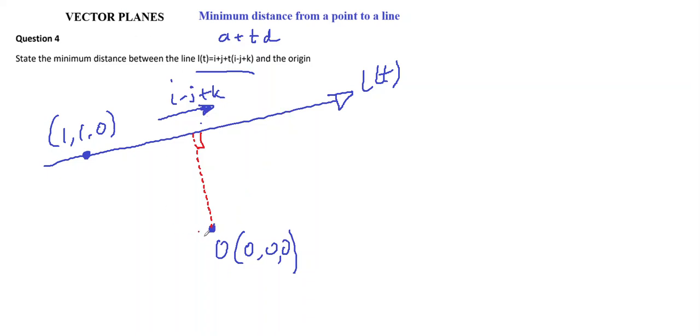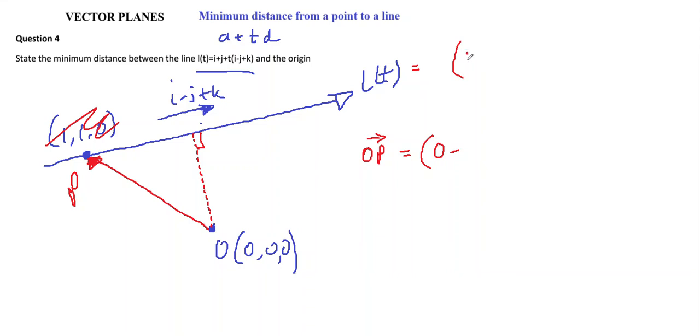The way I'm going to do it is I'm going to call this point P, and I'm going to have the vector OP, and OP will represent any point along this line. So it's going to be O to P, which is going to be 0 minus. I might rewrite this line as being equal to (1 + t) in the i plus (1 - t) in the j